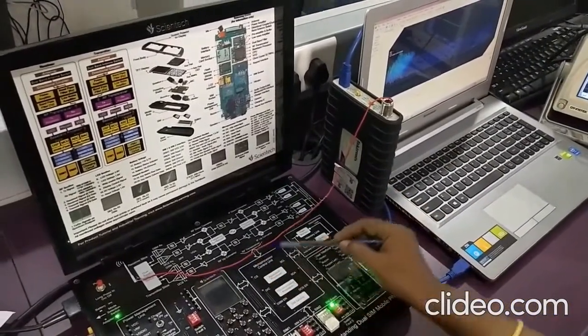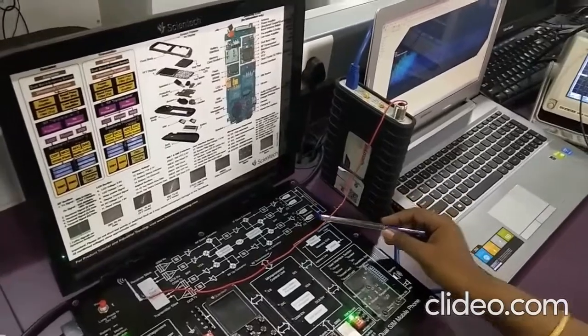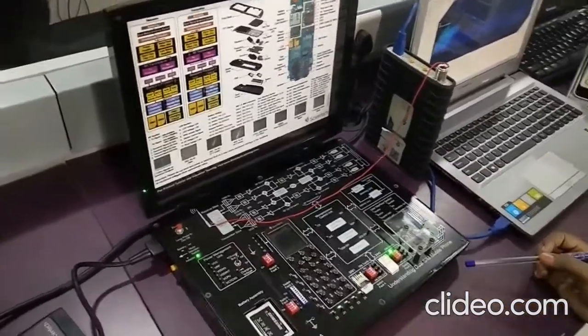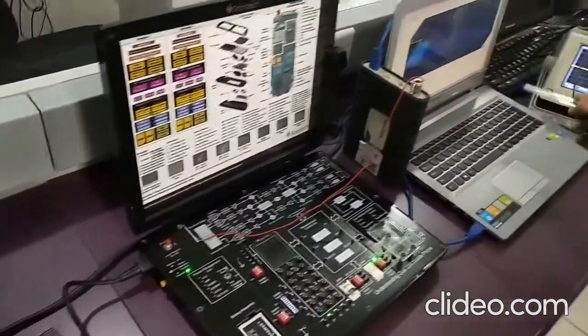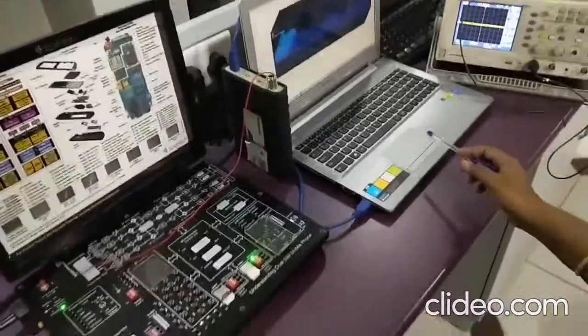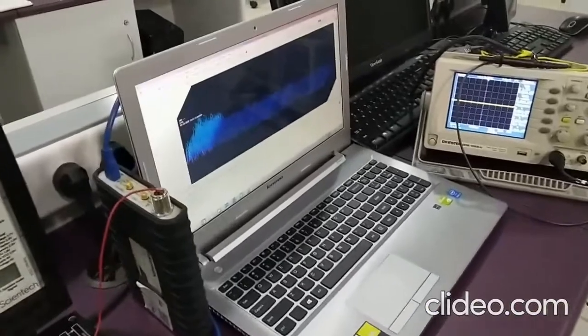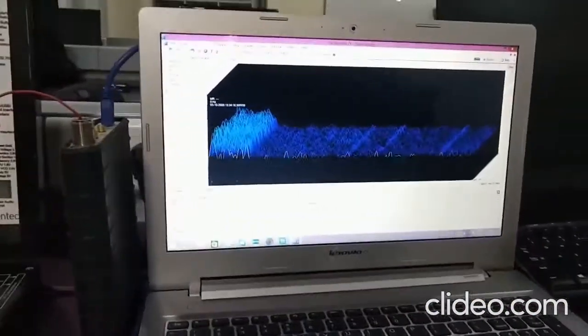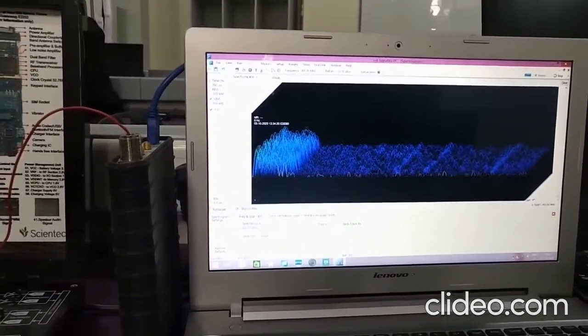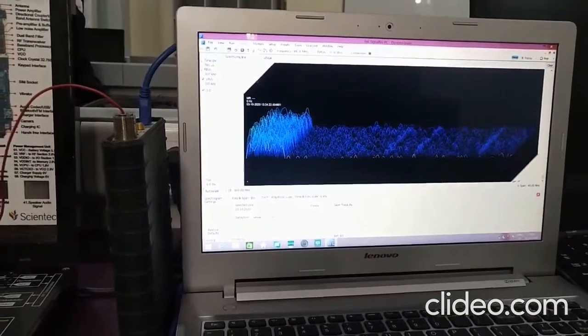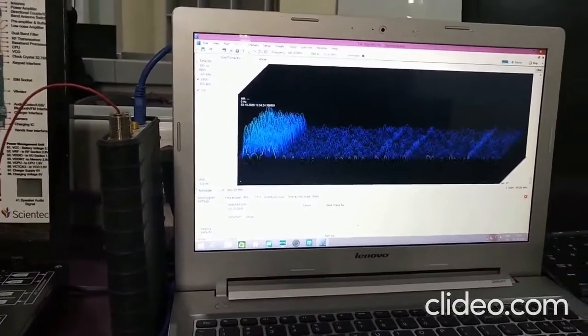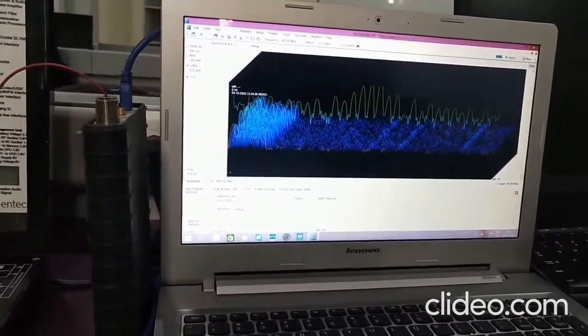In this transceiver unit, we are going to make a call and see whether we get the signal distribution. What you are seeing in the monitor, that is our spectrum analyzer monitor, is the signal observed by this mobile phone when it is in idle state, that is, no calls are being received or transmitted.